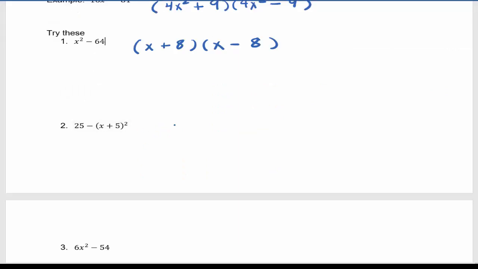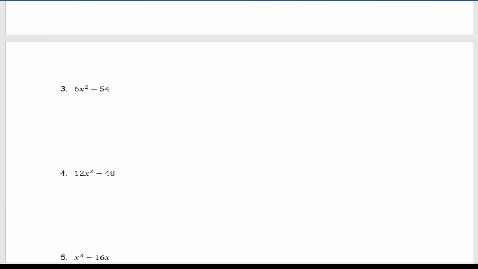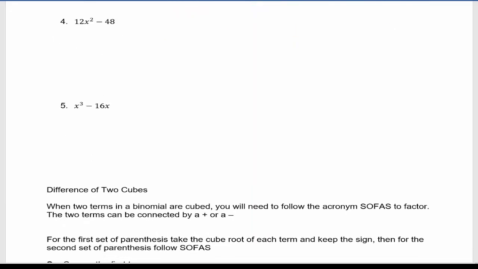So could you take the square root of 25? Yes. Can you take the square root of x plus 5, quantity squared? Yeah. And I would leave it totally in the quantity. I would leave it inside those parentheses. Oh, excuse me, 6x squared